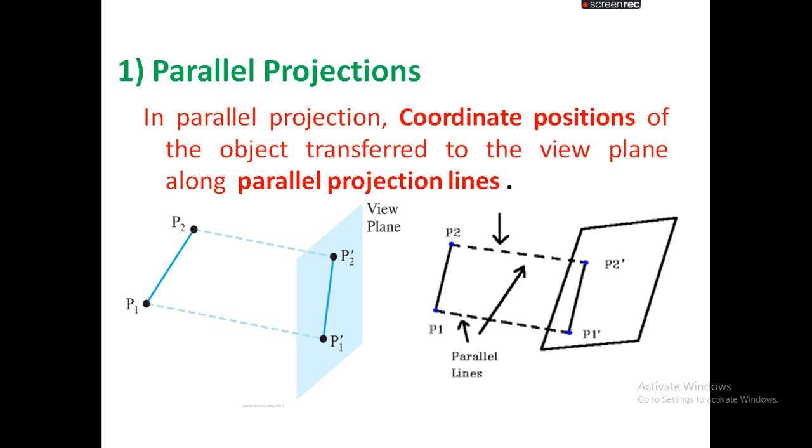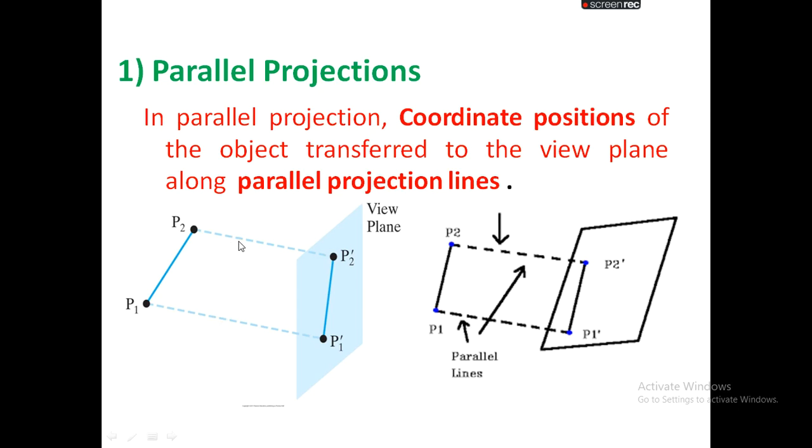In case of a real camera, we are using rays. Those reflected rays will project the image description on the camera film. I am telling this in case of a real camera. But in case of a synthetic camera, the image description is projected on the projection plane or on a view plane by using projectors. This dashed line is called projectors, but these projectors are similar to rays in case of a real camera.